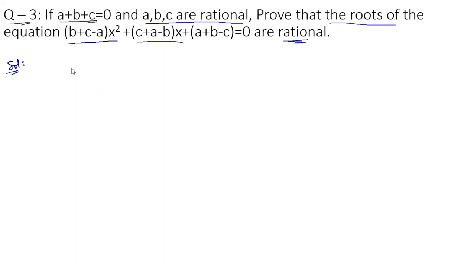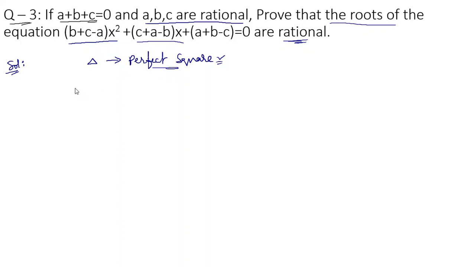What is the condition for any quadratic equation to have rational roots? The condition is delta must be a perfect square. We have learned these conditions in the last lecture. So if you don't know the conditions, I request you to watch lecture 2, so you will get a better idea. So now let's move on to our answer. So delta must be a perfect square for the quadratic equation to have rational roots.